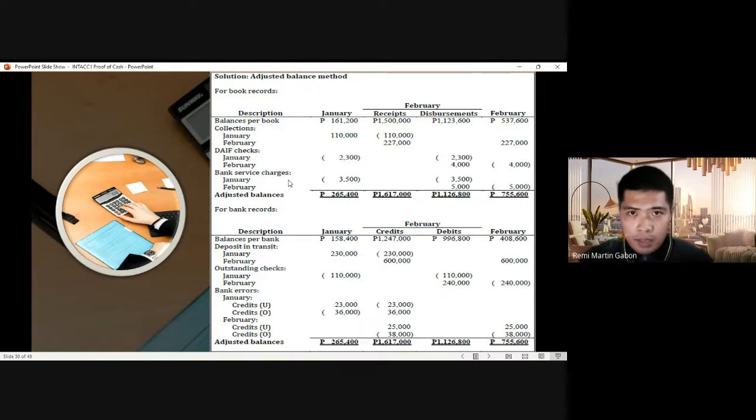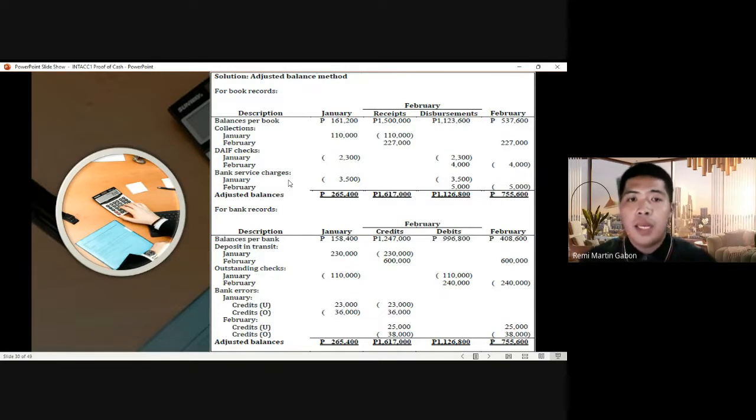So 265,400 plus 1,617,000 and minus 126... 126,800, not 1,123,000. Okay, so that's it. It's 755,600. That amount should, as much as possible, be the same amount that we're going to arrive at for the adjusted balances under the